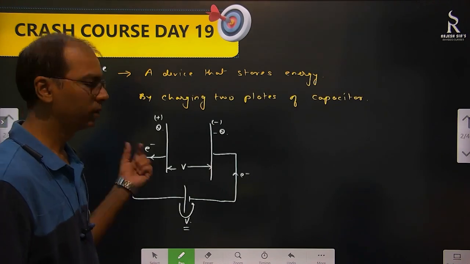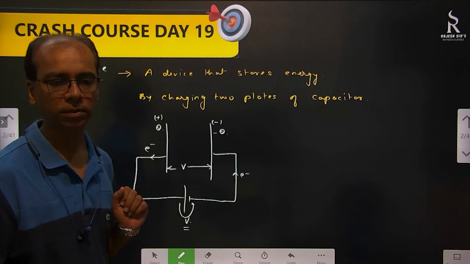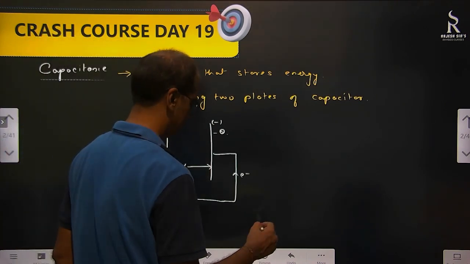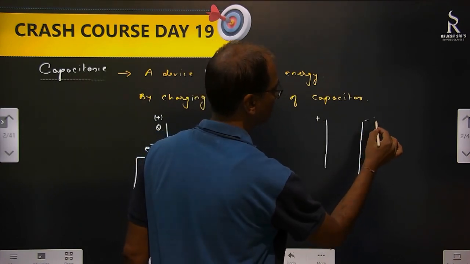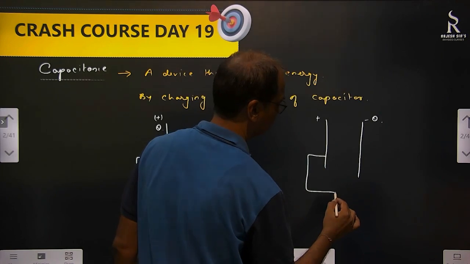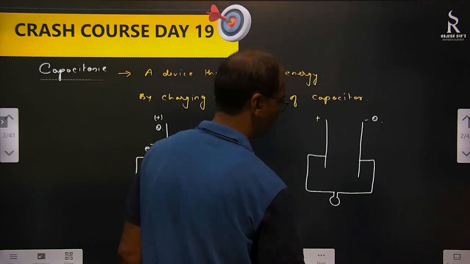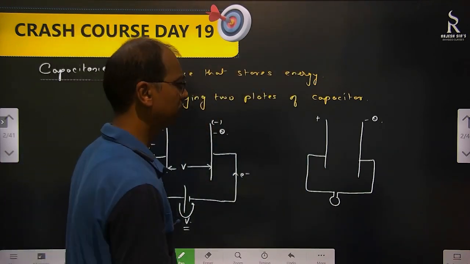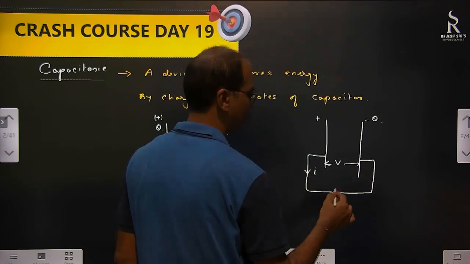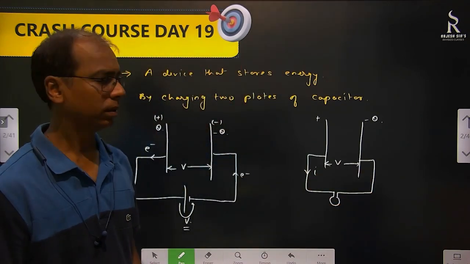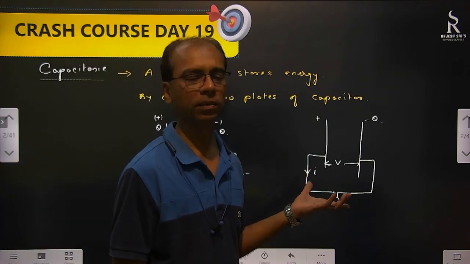Okay, and if we connect one multimeter or ammeter, then we can see that current is there between them. Or if we connect a small bulb here, then what happens? Current will start flowing because your potential difference is there. And we can see the current. Okay, this bulb will glow and we can see the current effect of that. But after some time, that energy will